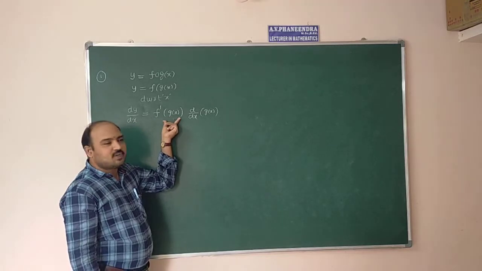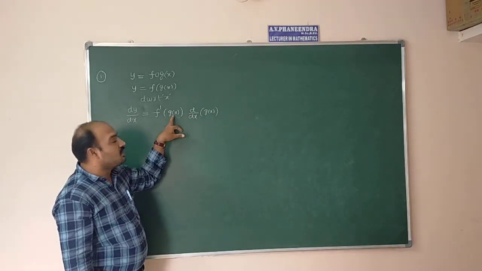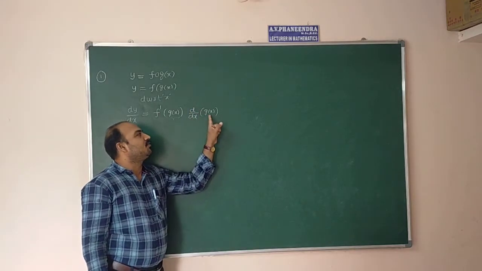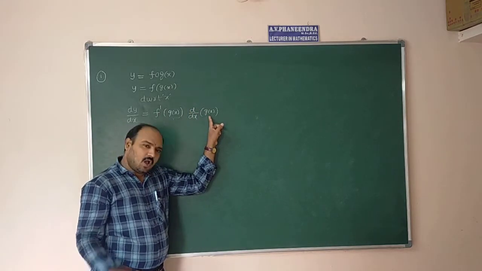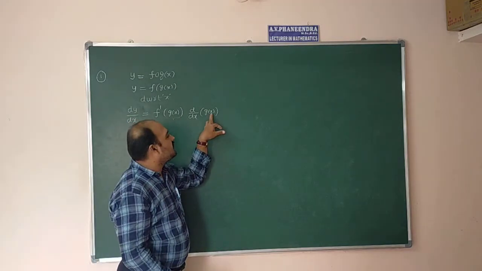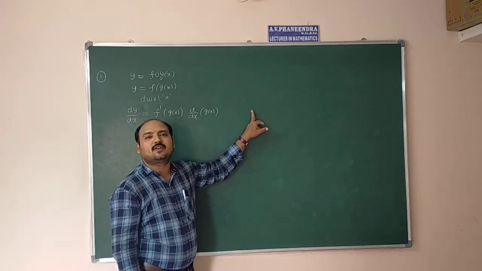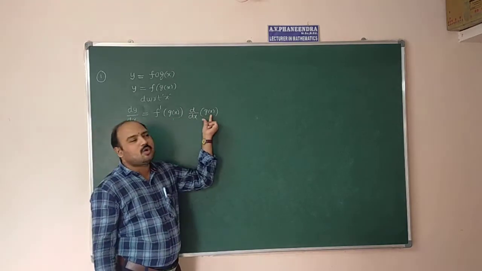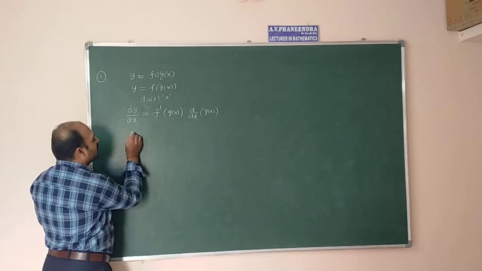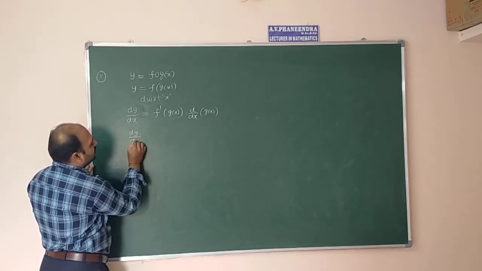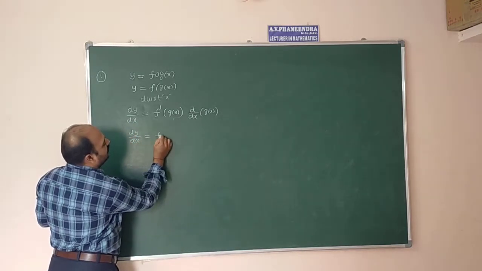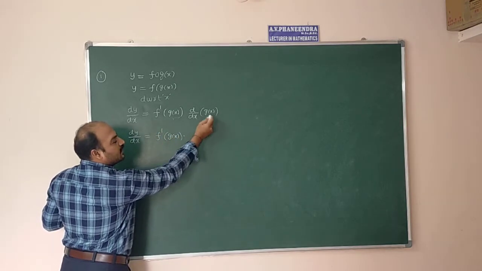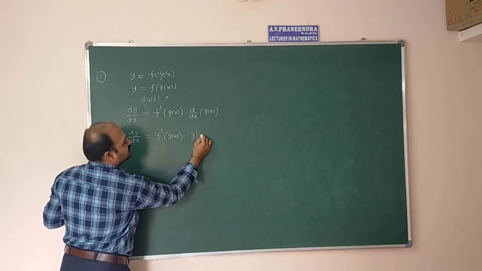See, here g of x differentiation, again the function which is involved in this, that function you have to differentiate. So d by dx of g of x. Again one more x derivative is there, d by dx of x, the derivative is 1, no need to write it. So whatever function is involved, that function you have to differentiate. Therefore dy by dx is equal to f dash of g of x into d by dx of g of x, which is g dash of x.